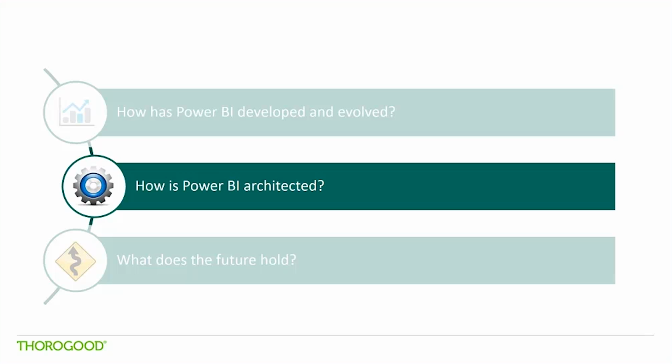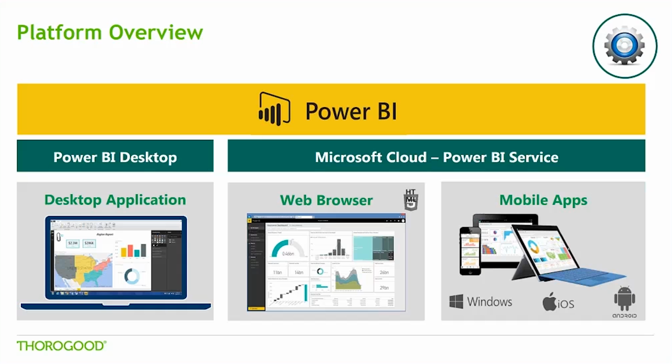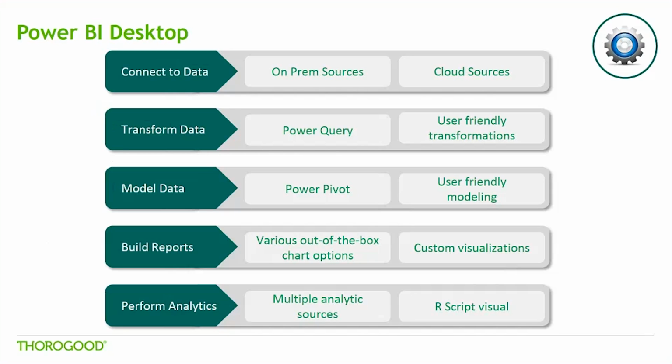I'm now going to have a look at the overall architecture of Power BI and some of the enterprise features. As I've already mentioned, there are 2 key components to Power BI: the desktop tool that I've demoed to you, and the service that allows wider sharing and collaboration, as well as enabling access through mobile applications. In terms of the desktop tool, I wanted to quickly reiterate the key functionality. In Power BI Desktop, you can connect to a variety of data sources, both on-premise and in the cloud,